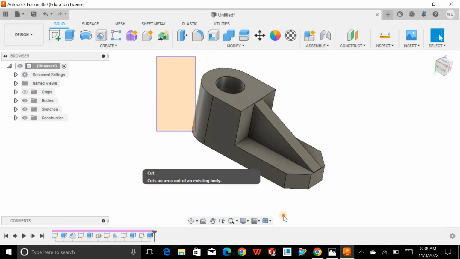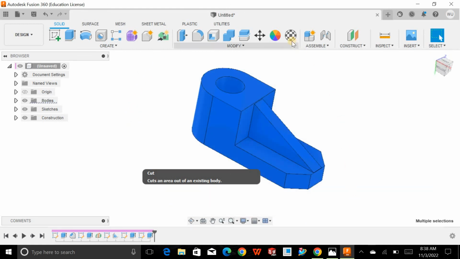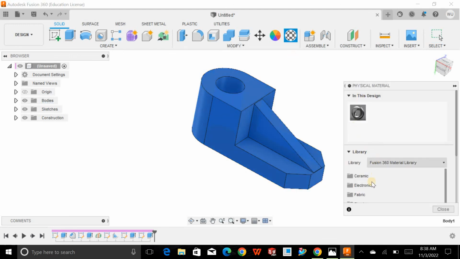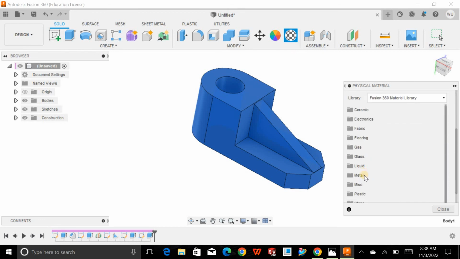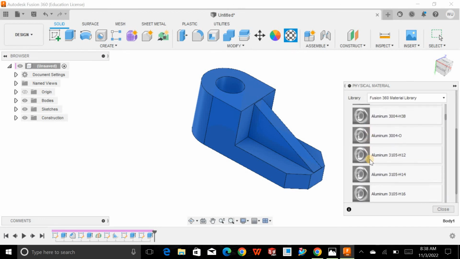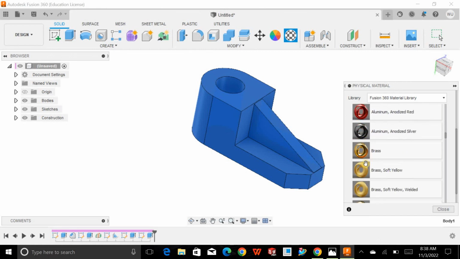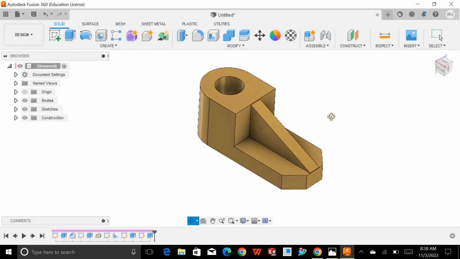Now if you want to create appearance, choose the object, physical material appearance, and we have to click on the metals and choose the brass. Okay, we have done,